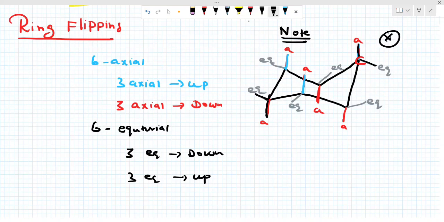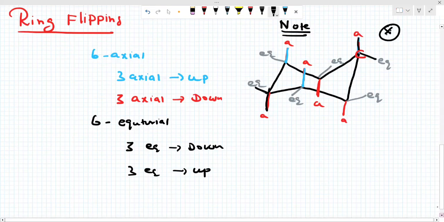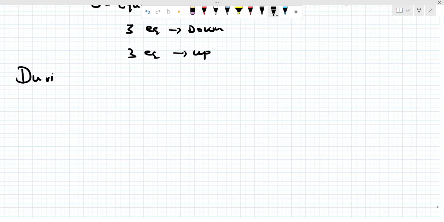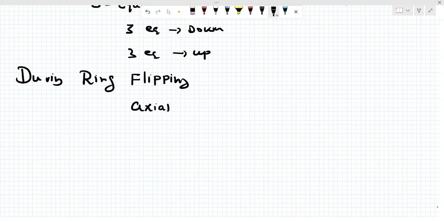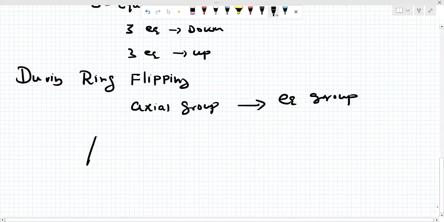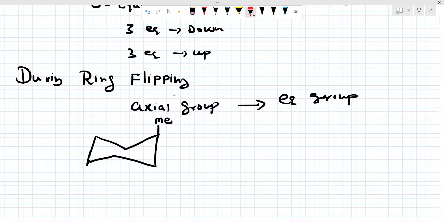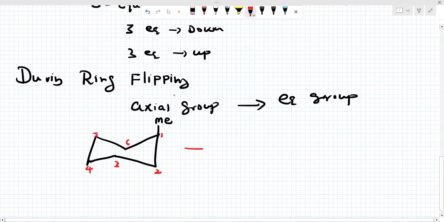Please note. Now during ring flipping, what is going to happen? Please note, during ring flipping, the axial group is converted to the equatorial group. For example, I take this one: 1, 2, 3, 4, 5, 6. Now I put a methyl group here. This is the first carbon, this is the second carbon, this is third, this is 4, this is 5, this is 6. Now if I do the ring flipping,